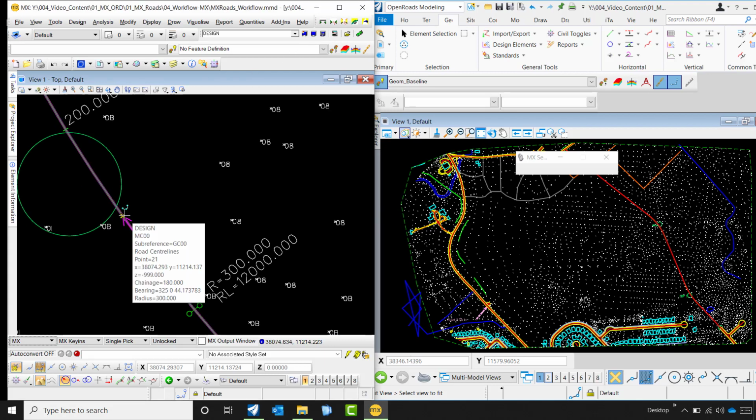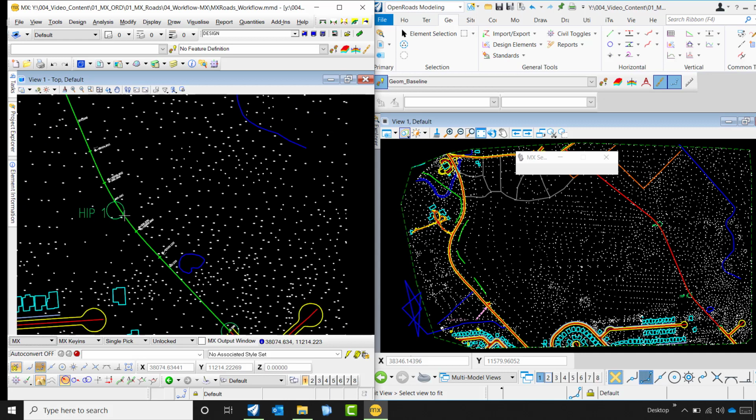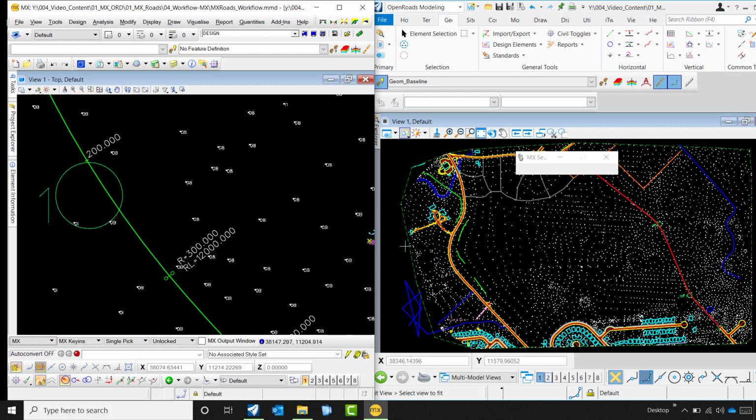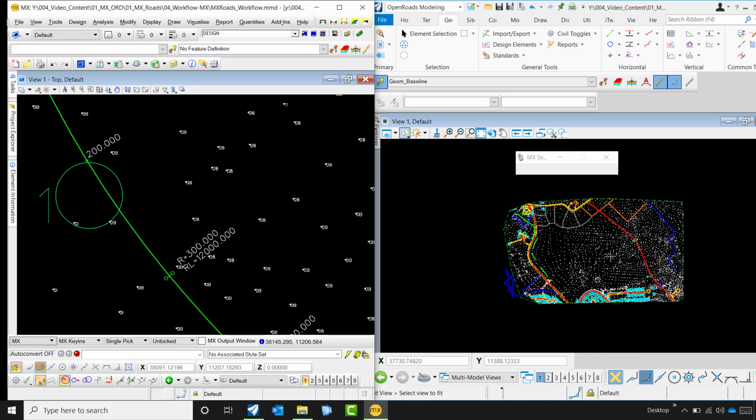Now the vertical, since we gave that the vertical designs not to follow, the vertical profile goes off, and then we need to create a fresh new vertical profile for the new alignment created over here. So if I wanted to edit the same horizontal geometry, how would I do it in OpenRoads? Similar to the tools we have in the element method tools for the vertical profile, we do have the same for the vertical tools over here.